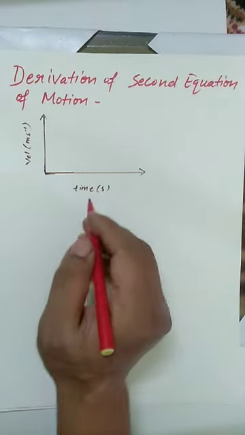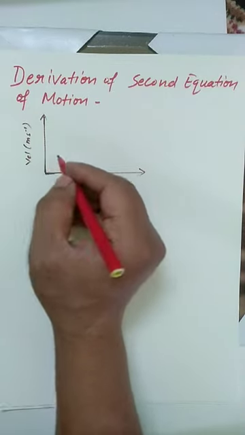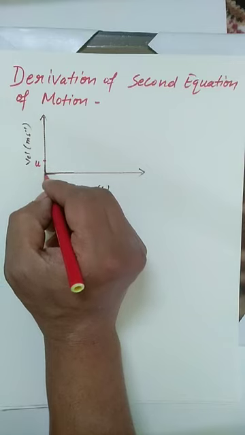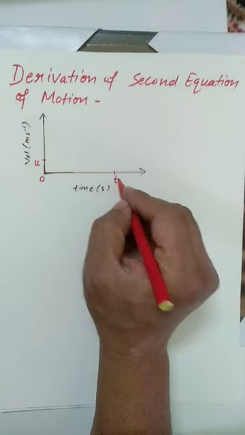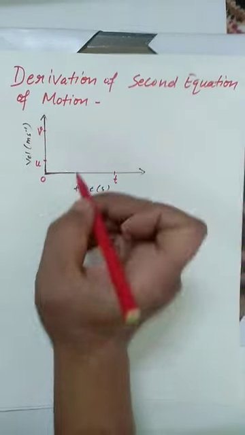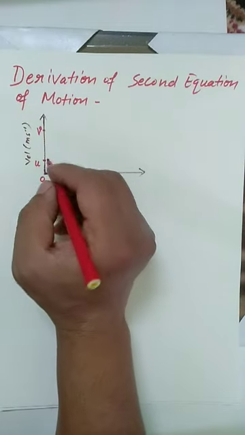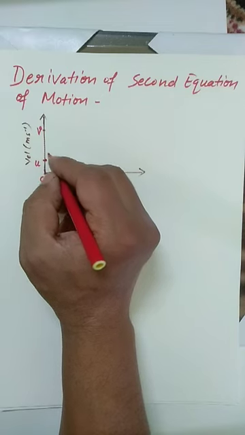So this is a velocity time graph, this is the time axis, this is the velocity axis, and we consider that the object is initially moving with velocity u, and after time interval t, its velocity is v. So the first common point in the velocity time graph for v and t is this, and write this point A.